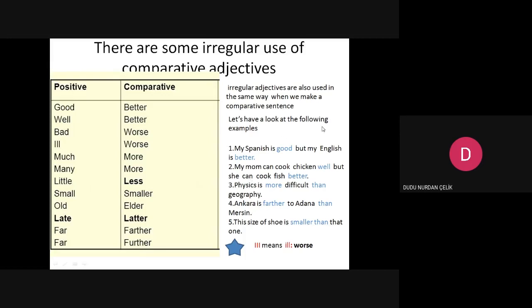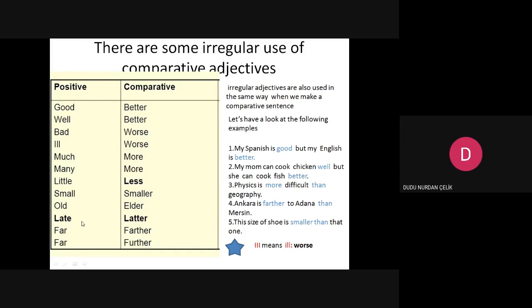As in almost every subject in English, we have some irregular use of comparative adjectives. Let's see them. These are some adjectives and we call them irregular adjectives.